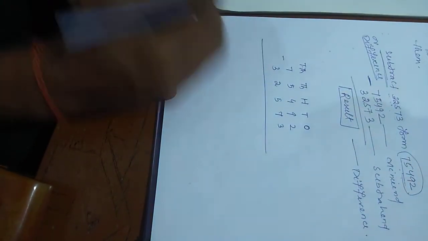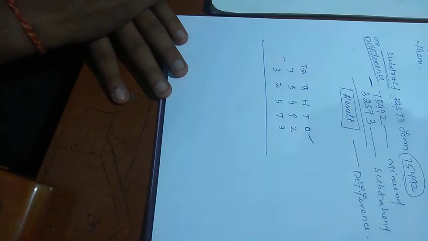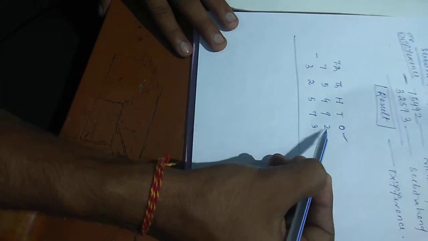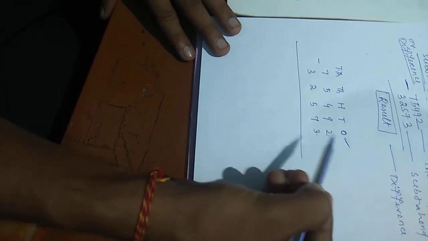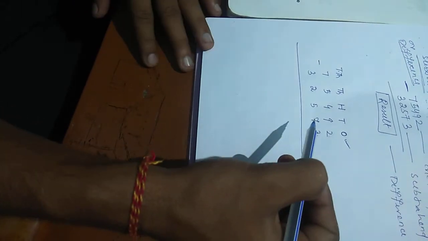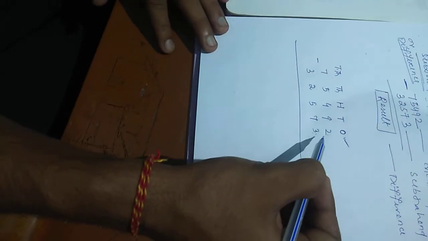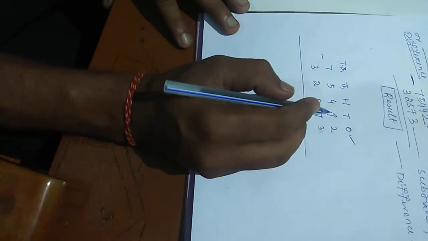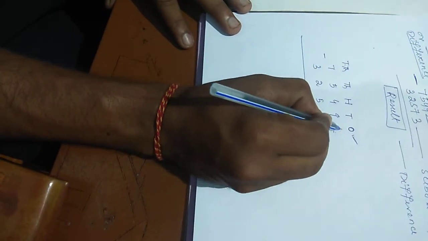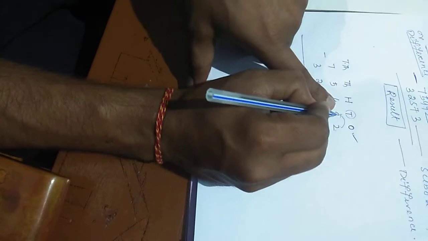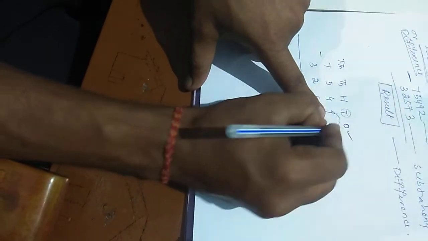After that, do the subtraction. First of all, our first target is to start from the ones place. In this subtraction you will see we cannot subtract 3 from 2. We can't subtract. Why? Because 2 is a smaller number than 3. So when the upper number, the minuend, is smaller, we can't subtract the subtrahend. So what will we do? We will borrow 1 from the tens column. So the tens column, after giving 10 to the ones place, the 2 will become 12.